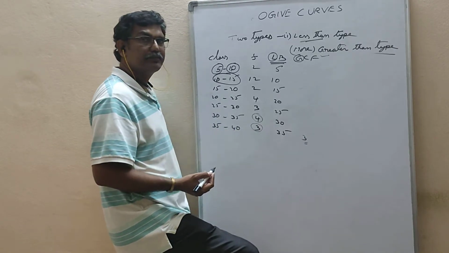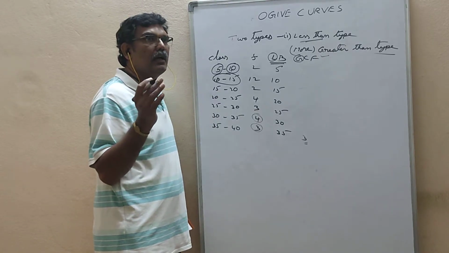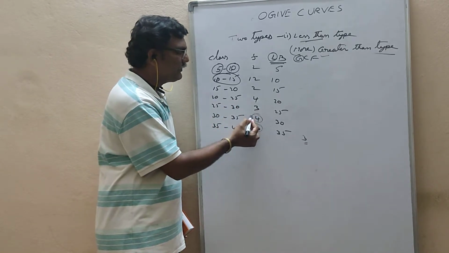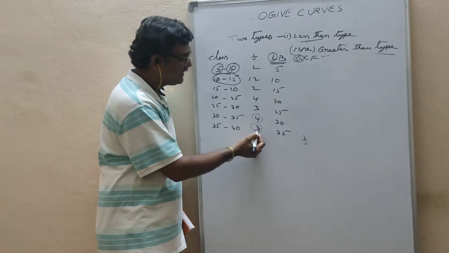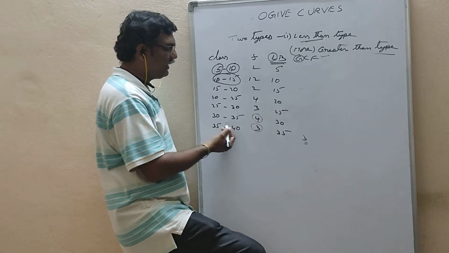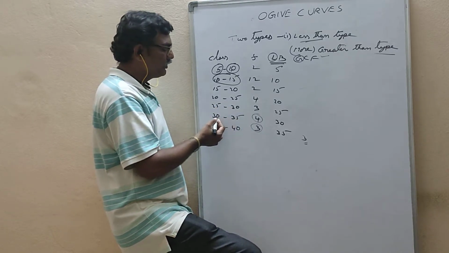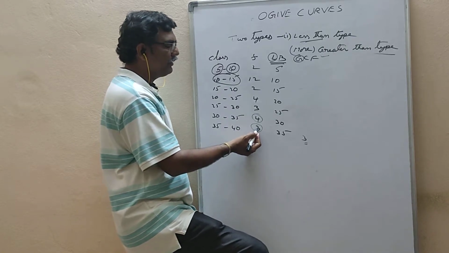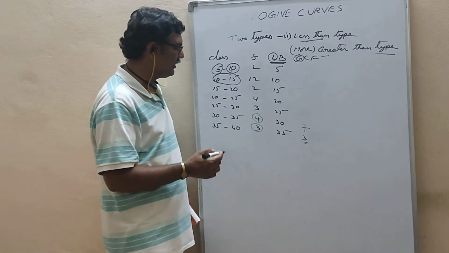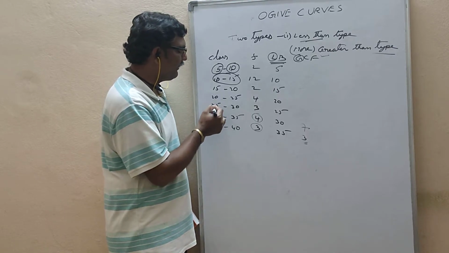You said 3. Now I am asking the persons who got above 30 to stand. Above 30 means these 4 members will stand, and these 3 members will also stand, because these 3 members got more than 35. If any number is more than 35, it is always more than 30. So more than 30 means these are also included. So I have to add 3 plus 4, which means I write 7 here. What is 7 here? The number of students who secured more than 30. Like that. If I ask more than 25.